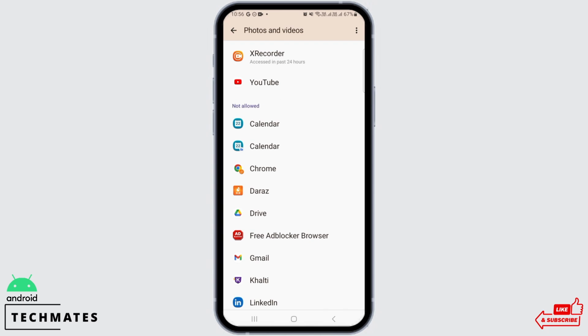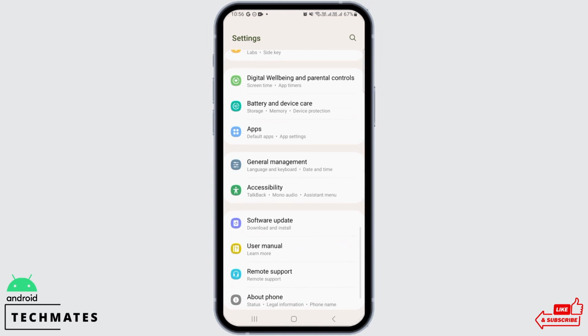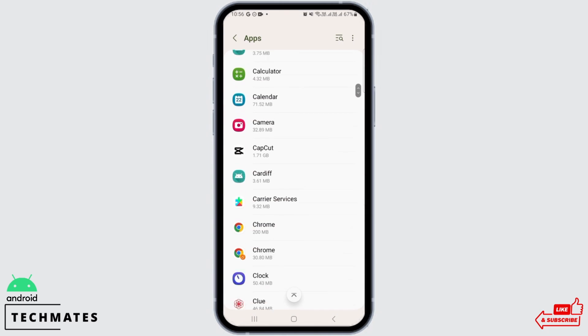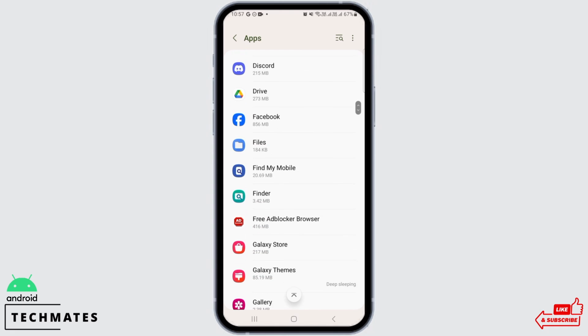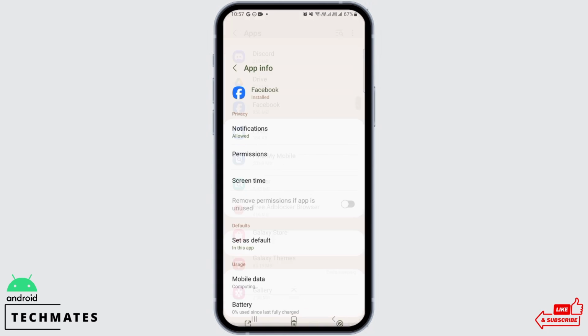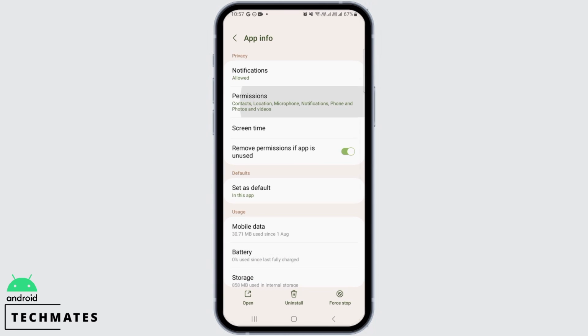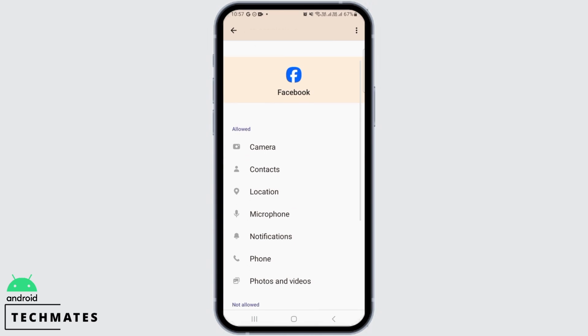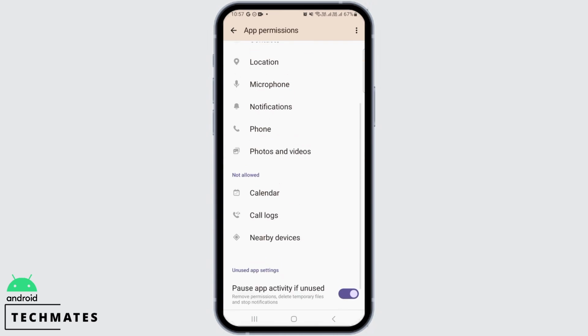So for that, you want to head back. Once you're here, scroll down and tap on apps. Then from here, you can select whichever app that you want to allow the storage access to. And then you want to tap on permissions. Now from this option, you can simply allow it if it has